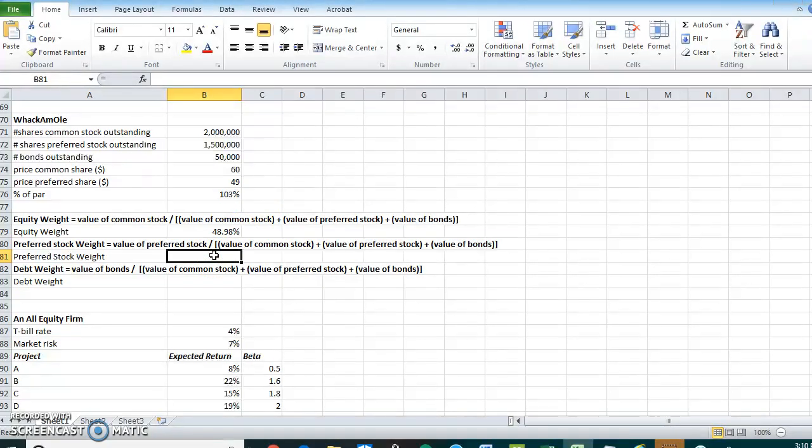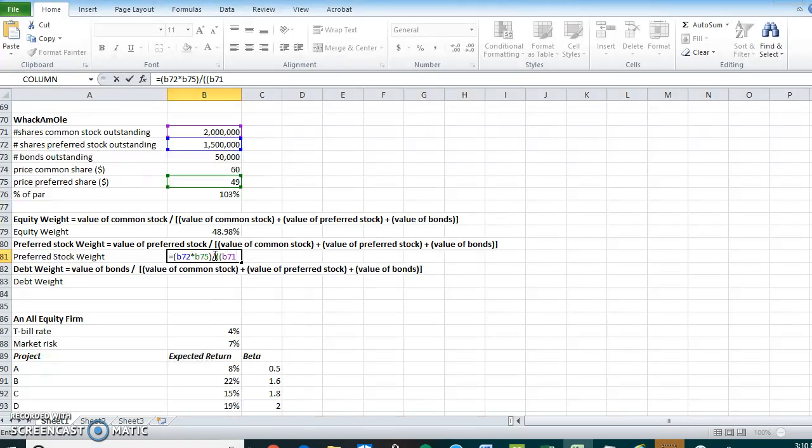Preferred stock, we're going to do the same thing. Our numerator is the value of the preferred stock, and our denominator is our combined value of our common stock, preferred stock, and bonds. So we do it just the same way. Equal sign, parentheses. Our preferred stock is, we have 1.5 million shares, which is B72, times the price of the share, which is B75, close parentheses, divided by double parentheses, and then we need common